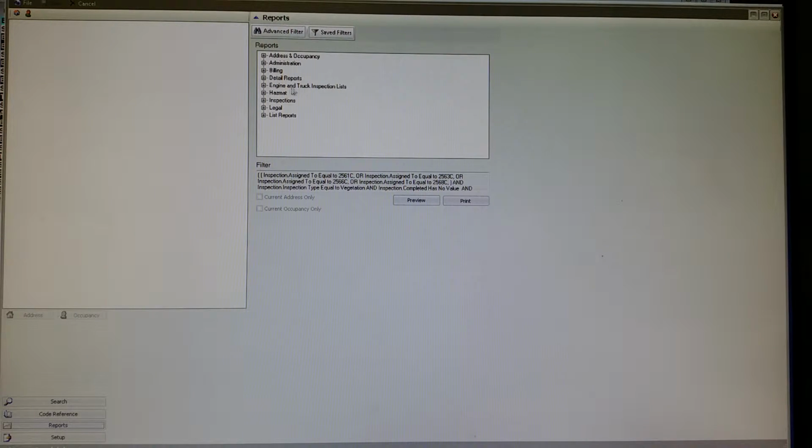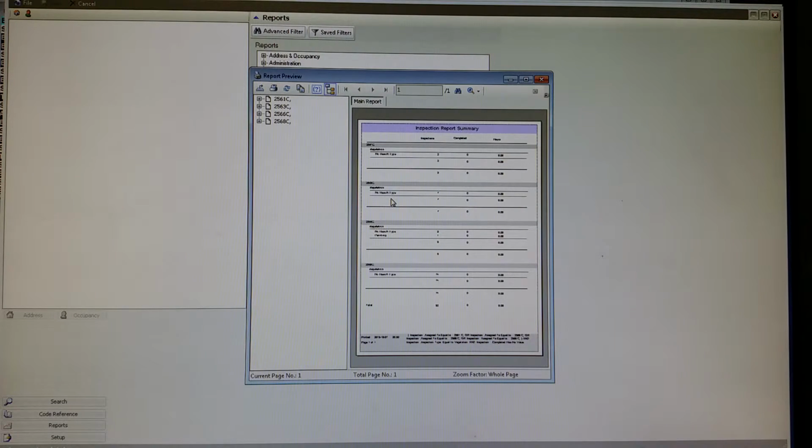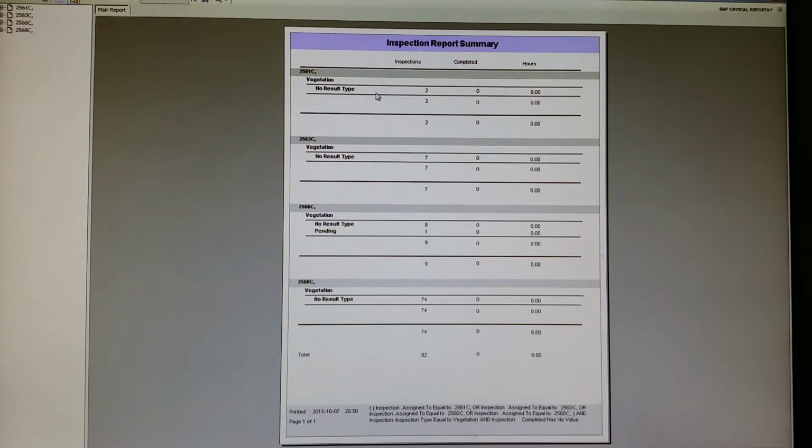See this line item here for engine and truck inspection list. Click on the little plus sign next to it, and it drops down these reports. To get a quick numbers summary of what your battalion is doing as far as inspections that are incomplete, double click on Inspection Report Summary. This gives you a list that just has the company and how many inspections and re-inspections they have that are incomplete. So 21 on the C has 2, 23 on the C has 7, 26 on the C has 8,